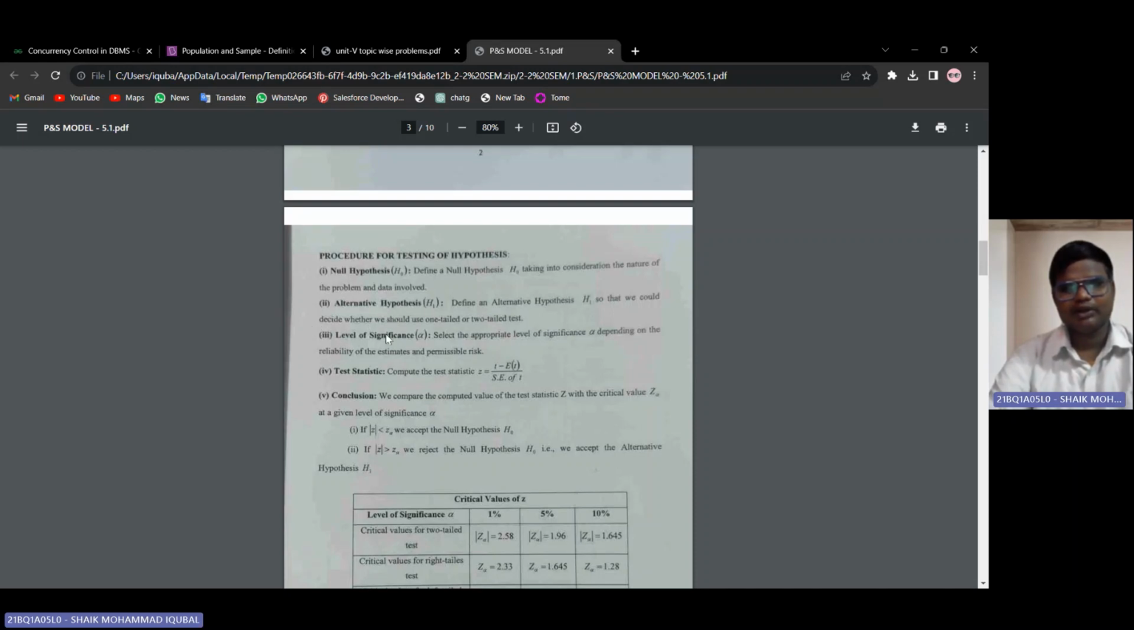Conclusion. We compare the computed value of the test statistic Z with the critical value of Z at a given level of significance. If mod Z is greater than Z alpha, we